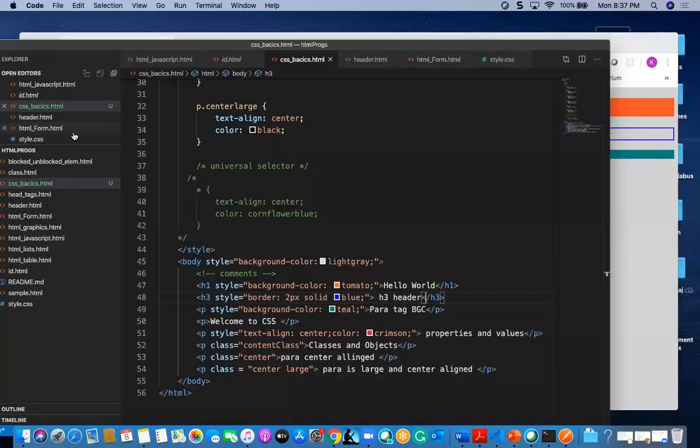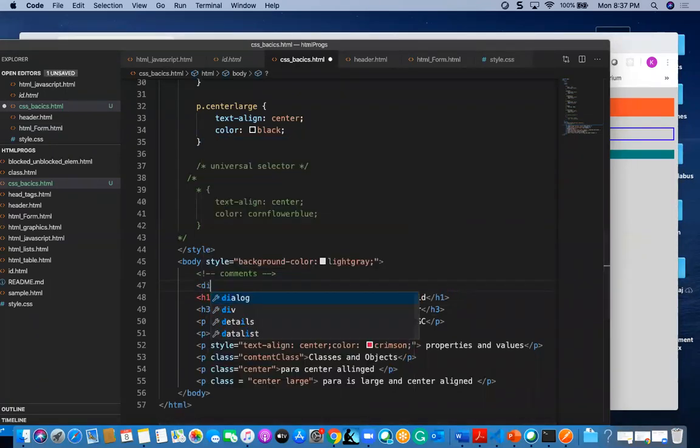One more thing we have, background color we saw, and also we have one parameter known as the opacity parameter.